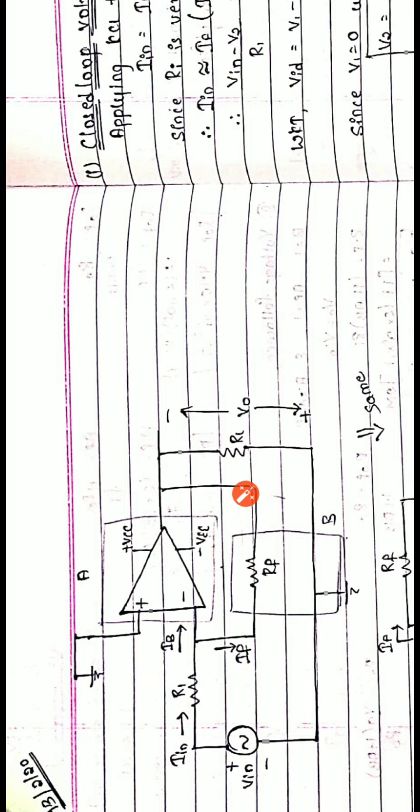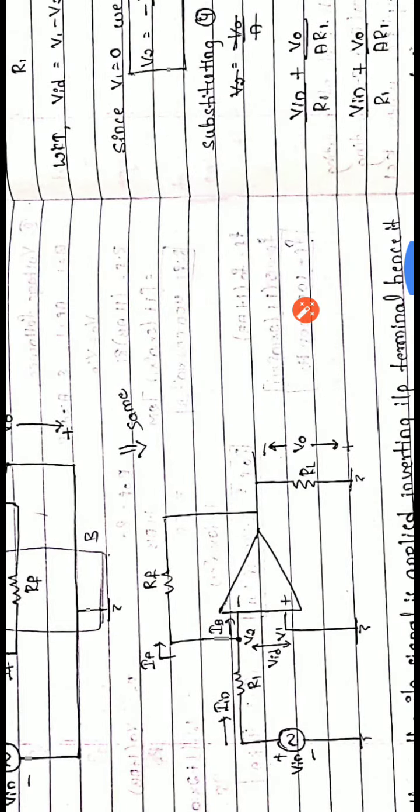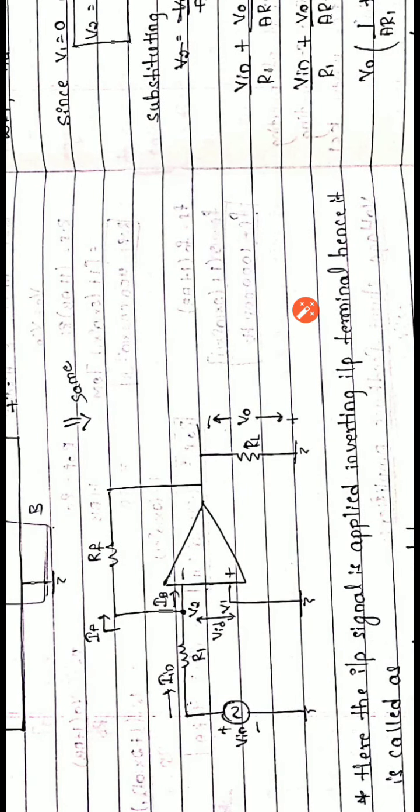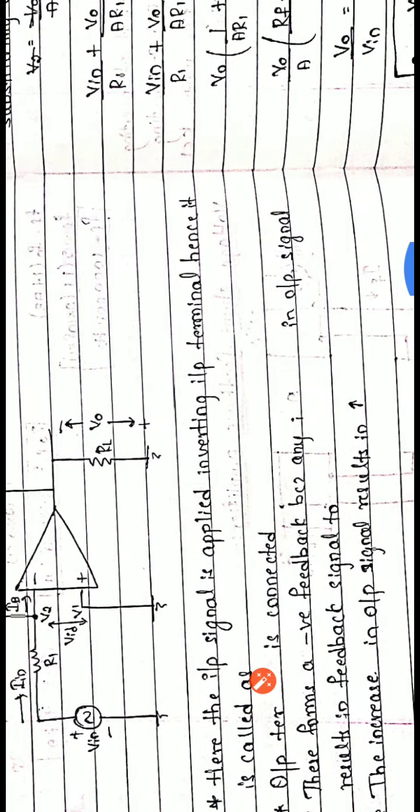Therefore we call it an inverting amplifier, where this represents the basic amplifier and this represents the feedback network, which is connected from output to the input side, where R1 is the input resistance of the op-amp. Now this circuit is rearranged like this. Both circuits are the same, we have just rearranged the components connected to the operational amplifier. Here Vin is the input again. Now I will explain this circuit properly. Just write down these notes, because some explanation was missed, so I am going to explain it right now.